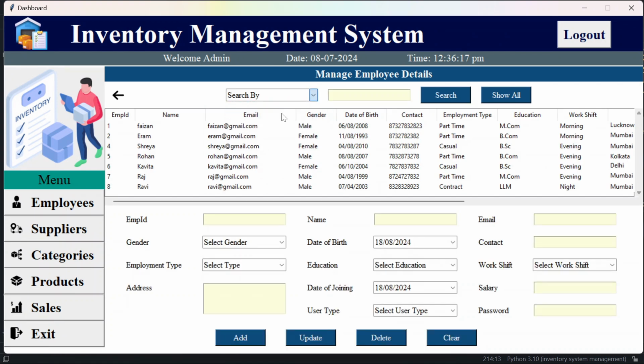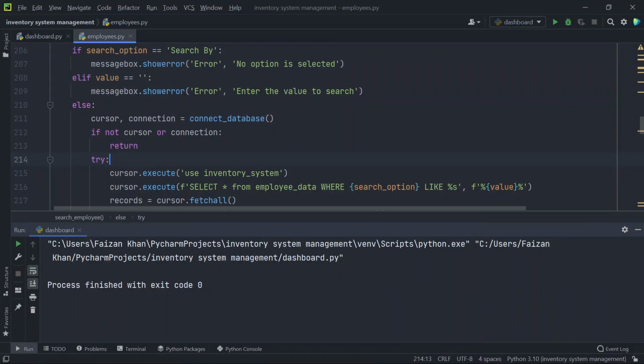So if I search by name, we are not seeing any result. Why? We are seeing this error because I have not added not here. If not cursor or not connection, then we will return. Okay, now if I run it again,